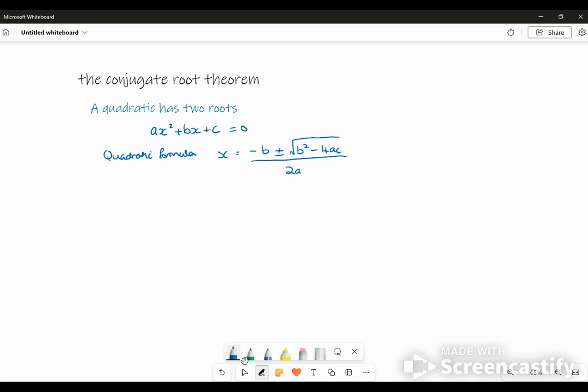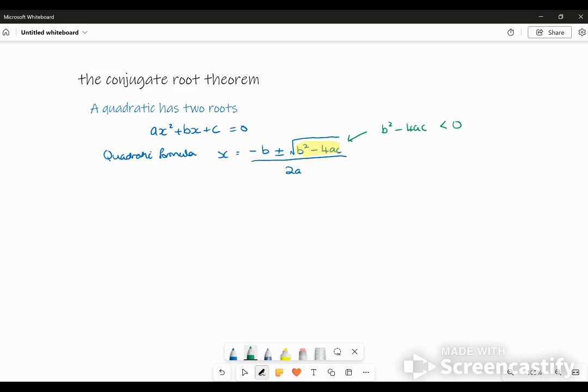The conjugate root theorem. If a quadratic has two roots, and it's written in this form here, then by the quadratic formula you have this answer. If you take this bit here, which is under the square root, if that works out to be a complex number, in other words, the discriminant, b squared minus 4ac, if that works out to be less than 0, then you'll get a negative